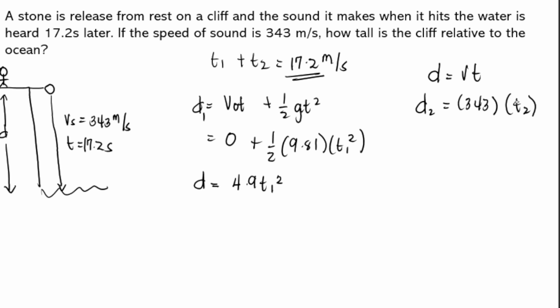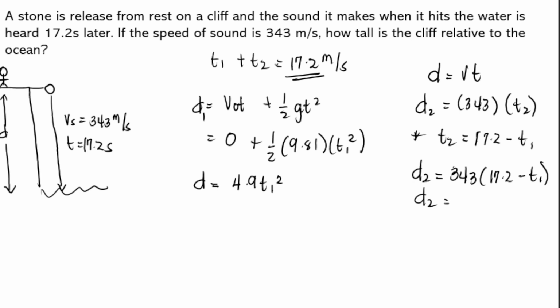So, sabi natin, based from dito, pwede nating ma-conclude na yung time 2, equate natin, is equals to 17.2 minus T1. Okay, am I right? So pwede mo siyang i-substitute dito. So D2, para makuha mo at least yung D2, 343, okay, ang T2 natin, 17.2 minus T1. Okay, so D2 is equals to